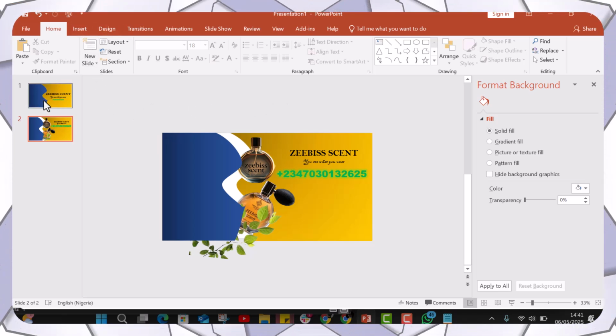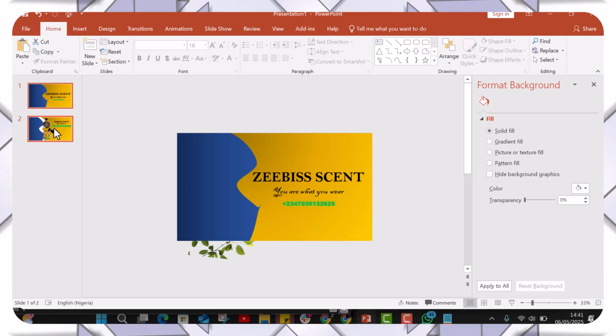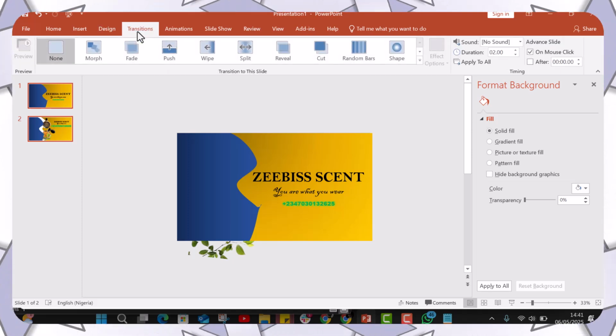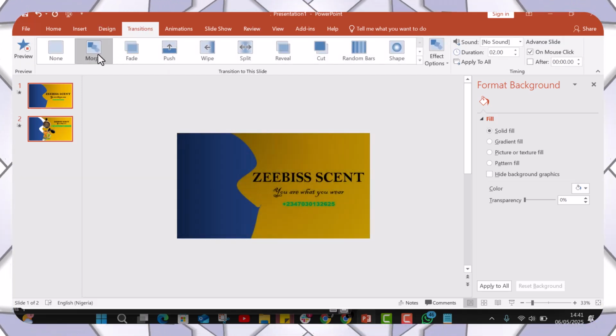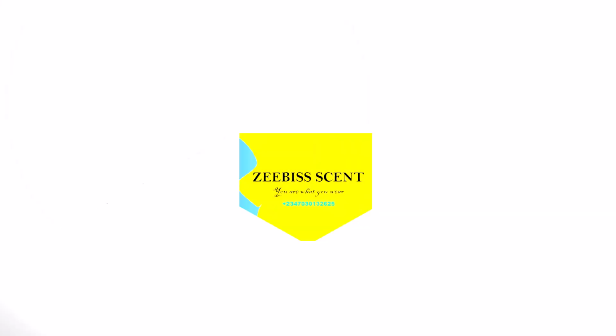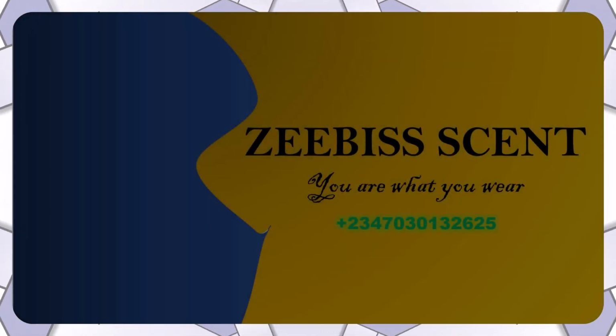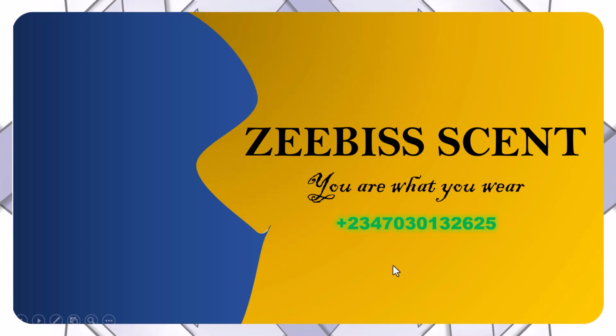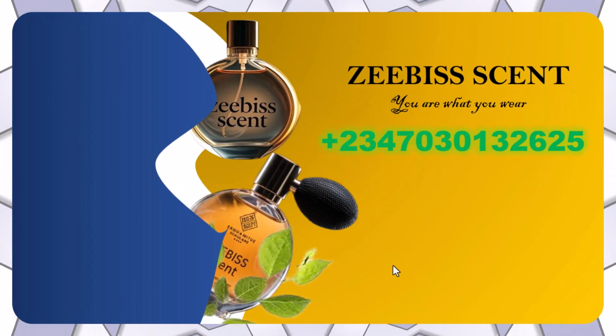Then the next thing you need to do is select the two slides and go into your transition and select morph transition. Just select your morph transition, okay? Then the next thing you see is the result. Isn't this beautiful? This is nice. As you can see,